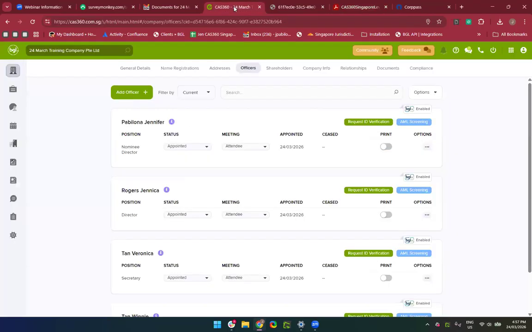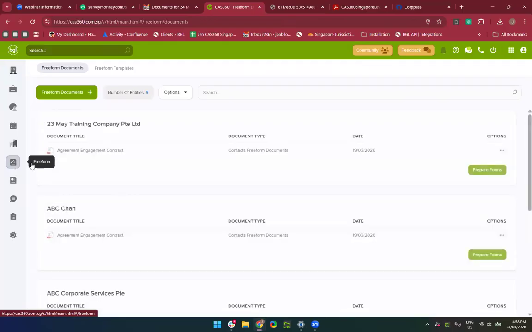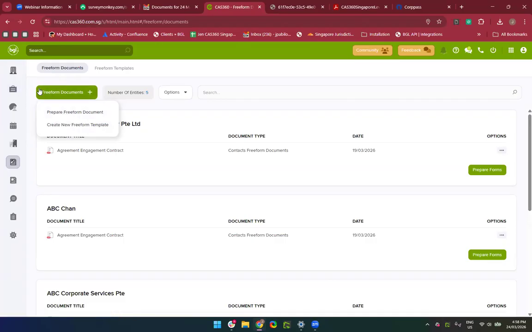So again, I mentioned if you want to prepare another resolution for opening of a bank account, instead of the ones imposed in incorporation, you can always go to freeform. What you need to do is first create a template, save that template, and then click prepare freeform. So this one I can't really add, as I do not have enough time to go through this whole process,